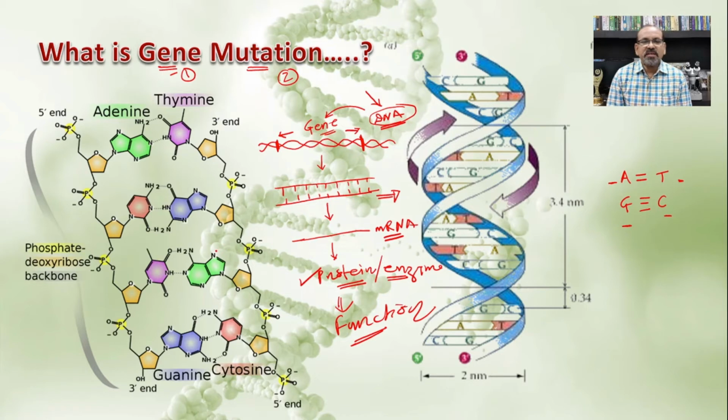So if we see this DNA molecule, as earlier we have seen, there is such a type of pairing of the nitrogen bases, and if this sequence of the nitrogen bases gets changed or their structure gets changed, or some other chemical compounds which are analogous to the nitrogen bases are added to the DNA, then also it will change. So any such change in the sequence of nitrogen bases in the DNA molecule is nothing but the gene mutation. So in today's lecture we will see the different gene mutations.